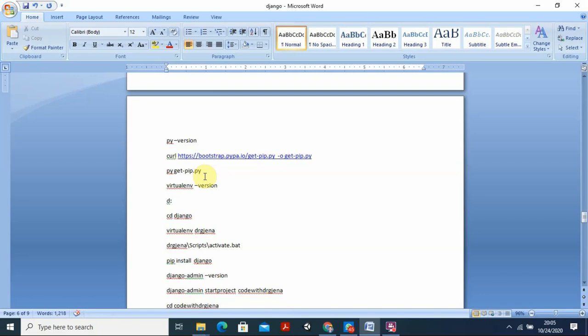Then once it is there, by default a virtual environment will be there. Why is this virtual environment important for you? Suppose you work on Python 2, Python 3 and different things. From one place it will be difficult for you to manage all the things. So for that we can go for creating a virtual environment, and whatever things are there, everything is sorted out here, right? Now by typing the command virtualenv space hyphen version, you can get the version of that one. Then I think the second part of your program is also over.